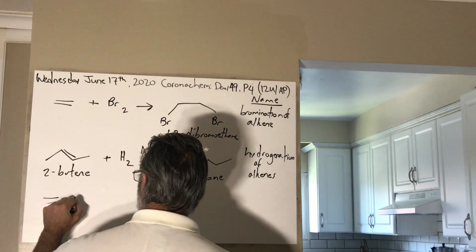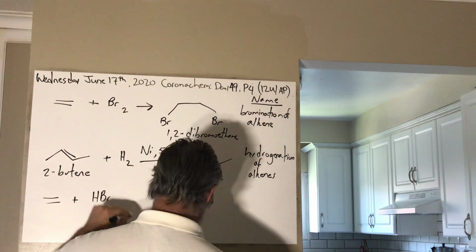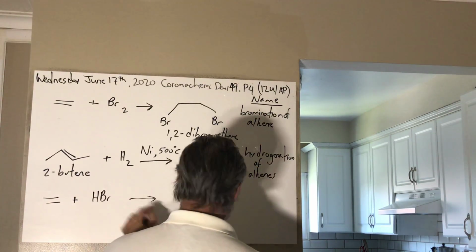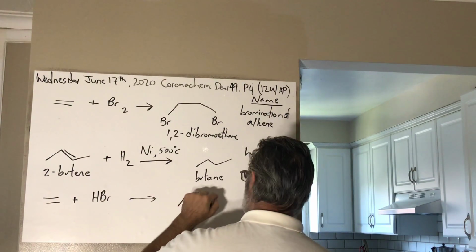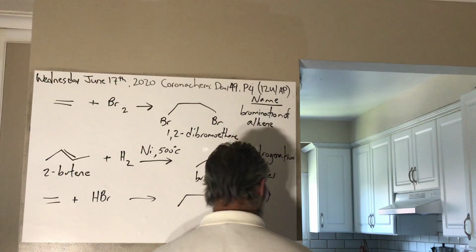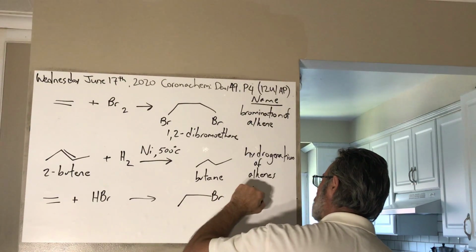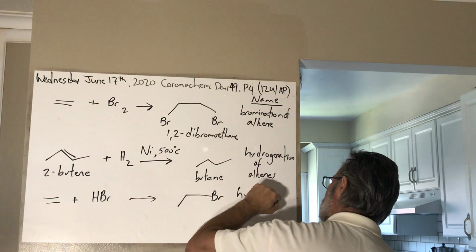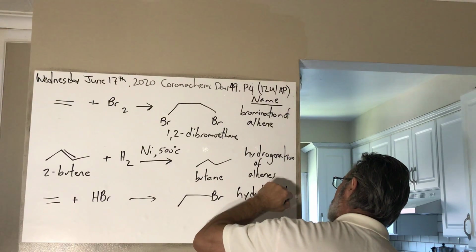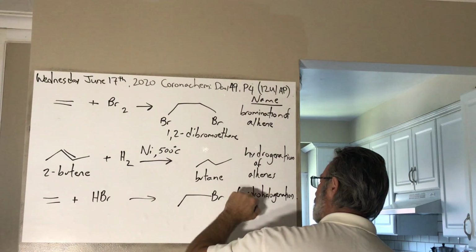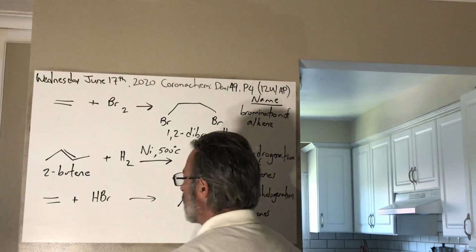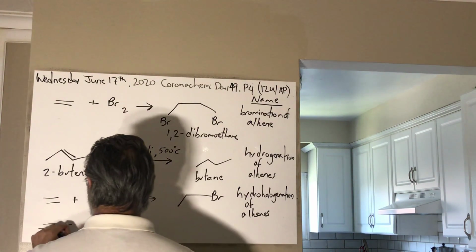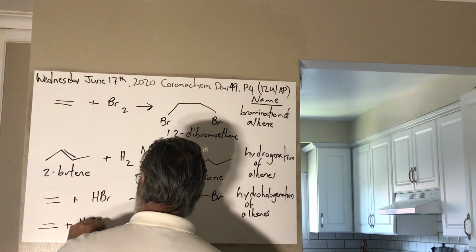If you take an alkene and you add hydrobromic acid, you're going to get hydrobromination. So there'll be a bromine on the end of the molecule after. This is called hydrohalogenation of alkenes. Another possible reaction is if you take an alkene and you add strong acid like sulfuric acid, you can get,